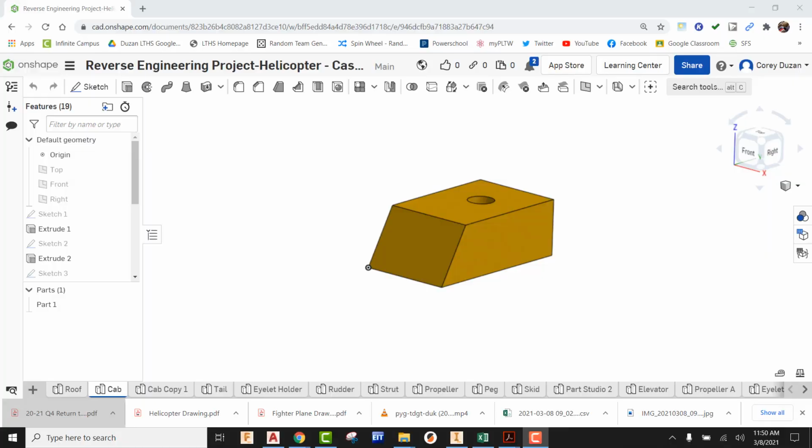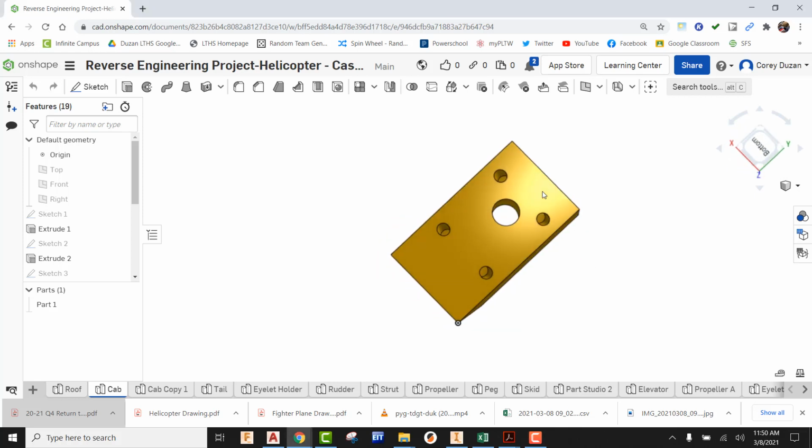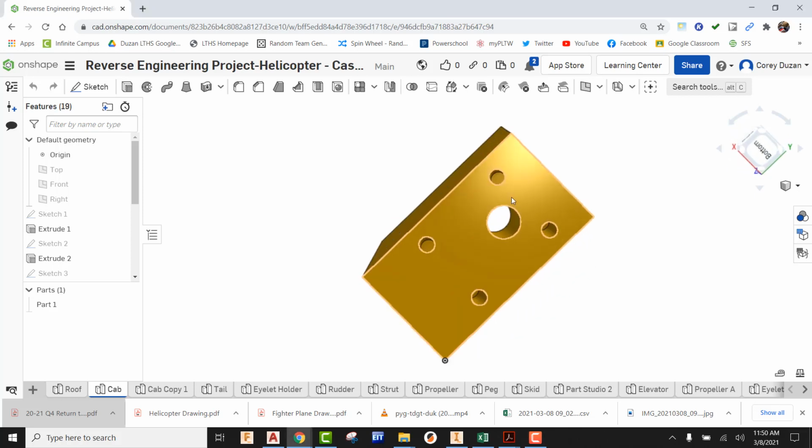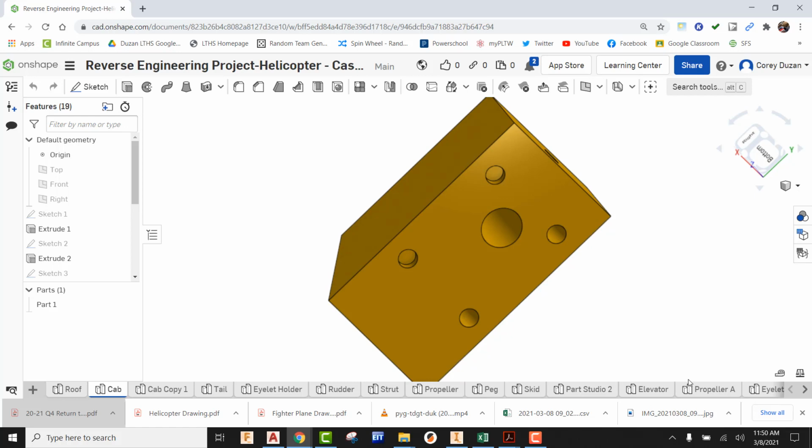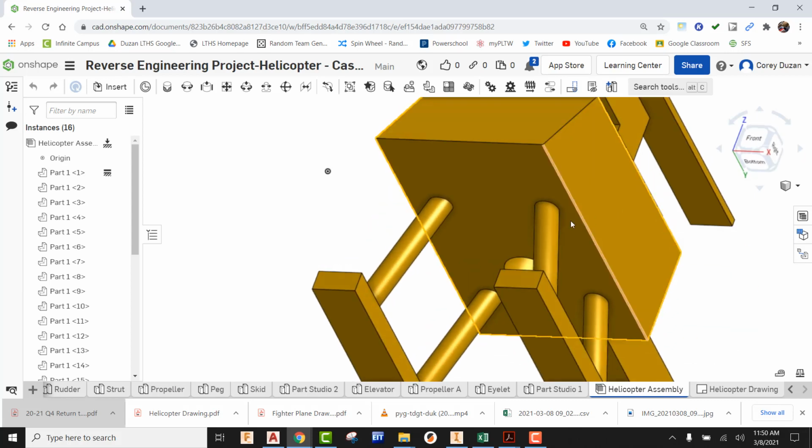Hey, what's up everybody? In this video tutorial, we're going to be taking a look at how to create the angled holes for the cab of the helicopter reverse engineering project. So when we take a look at our cab, we can see that we have holes that are drilled into this, but the thing is, in the overall assembly, we're going to be seeing how these legs here are going to be going into the body